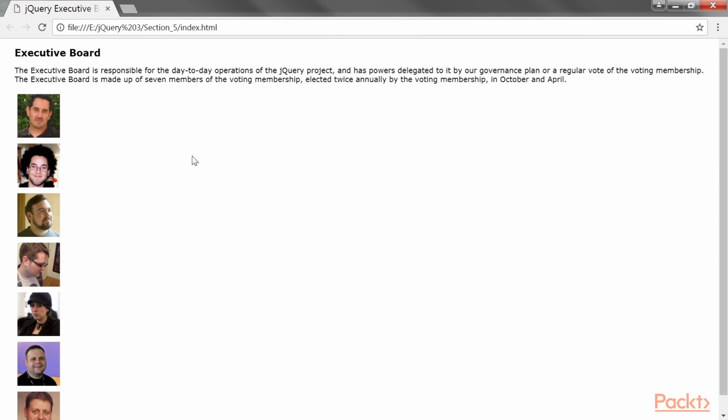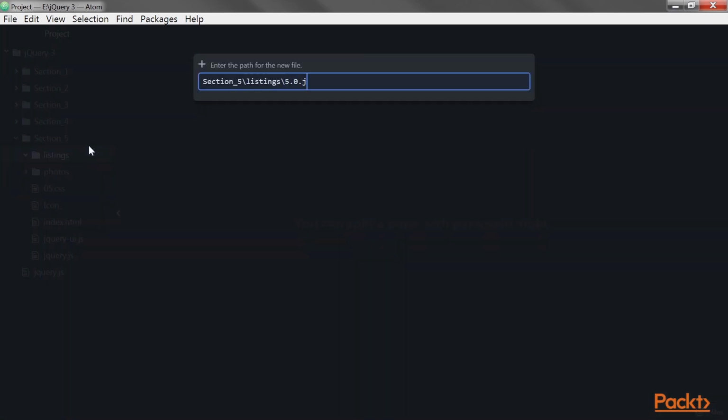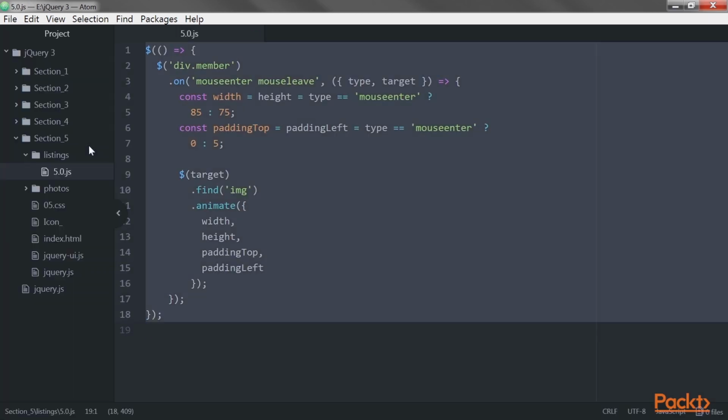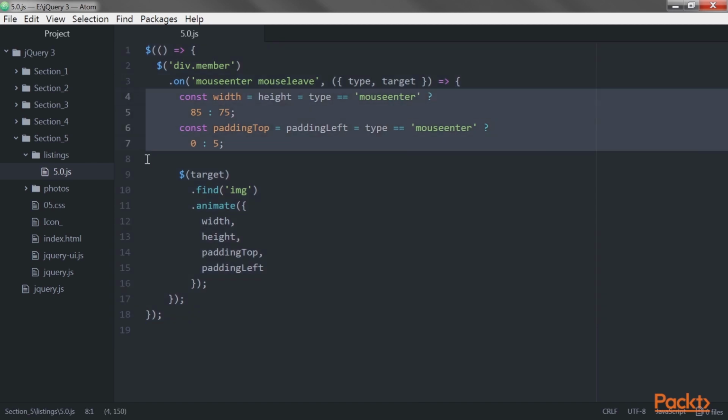To alter the size of the image, we will increase its height and width. For this, we create a JavaScript file, 5.0.js, and add this code. Here we repeat a pattern that we saw in the last section, because much of the work we are performing when the mouse enters the region is the same as when it leaves. We're combining the handlers for mouse enter and mouse leave into one function, rather than calling .hover with two separate